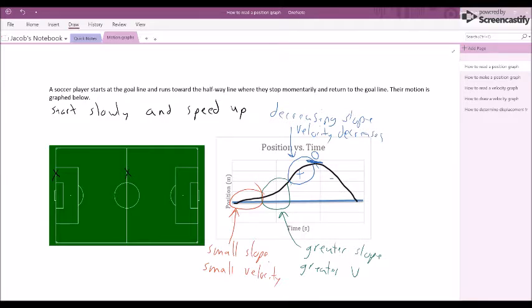And then as they sprint through back to the goal line, they're going to have a negative velocity like we said, okay? But our slope is getting more negative, okay? So if you've got a more negative slope, your velocity is actually decreasing. Because if you start out, like we said here, at 0 meters per second and end up going, let's say, negative 4 meters per second, your velocity has gotten smaller. It has decreased. Okay, let me fix that 0. That's not a 0. Back here. 0 meters per second. Okay. Now, if you looked at being stopped and where you're running at the end, obviously you were moving